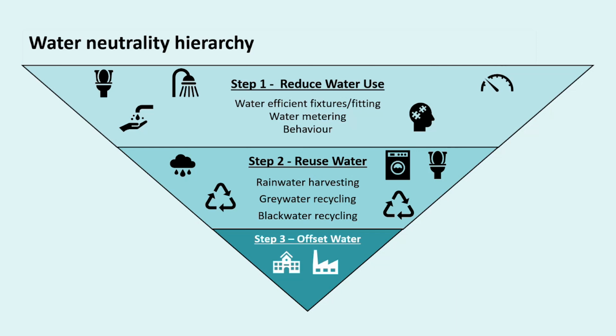If a property is near the boundary of the water resource zone, it's theoretically possible that they might be able to connect into a different water resource zone, or development of a borehole into a groundwater resource that is disconnected from the main aquifer. And it may be possible to adopt an aquifer recharge approach to close the loop, injecting rainwater or very high quality treated effluent from the development back into the groundwater to offset the increased abstraction. But whichever option is chosen, the complexity and cost increase as we progress through steps 1 to 3.